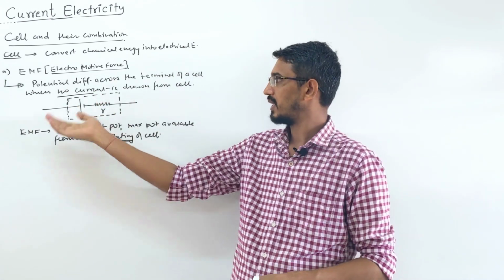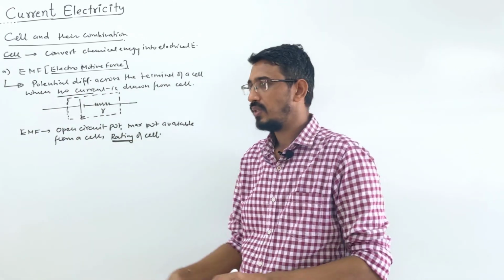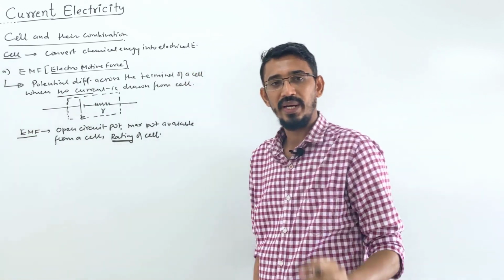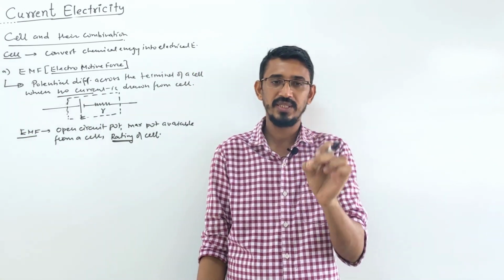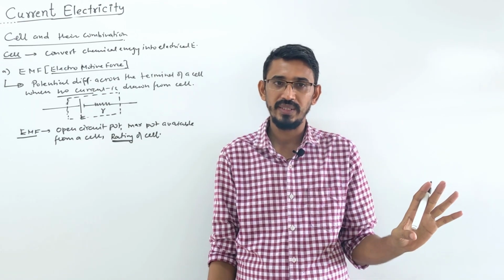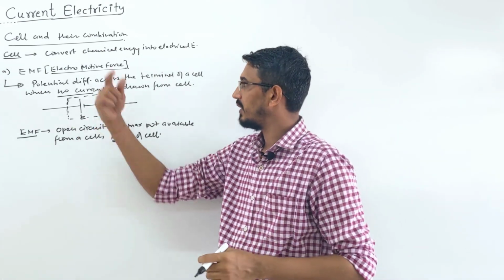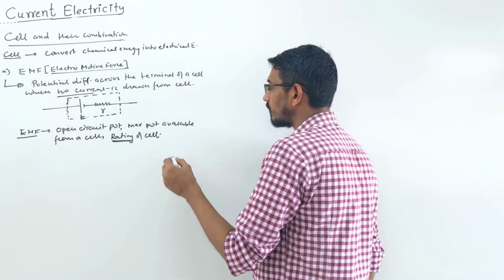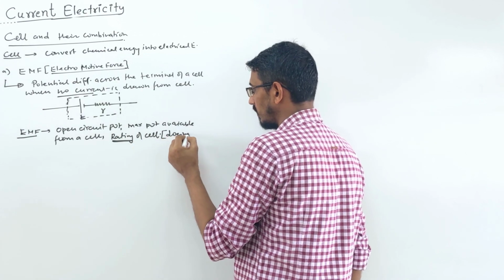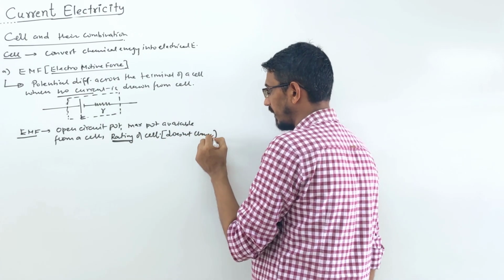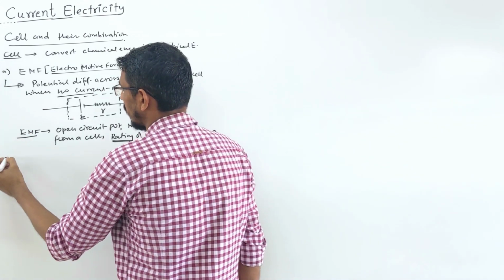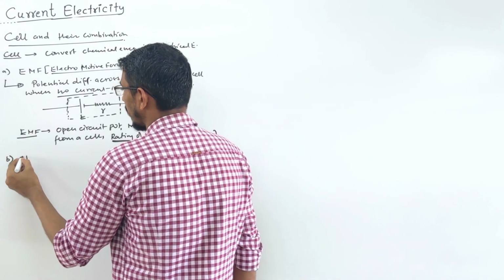What will change? The next definition is called terminal potential. So remember that this EMF does not change with time. You buy a cell and on the cell is written 2-volt cell. So the EMF of the cell will always remain 2 volt only, right? Yes. What will change? That's another definition. We'll talk about it here. For understanding, I'm saying this does not change with time. It does not change for the given cell, it remains fixed. Okay. Now what happens? The other term is called terminal potential.